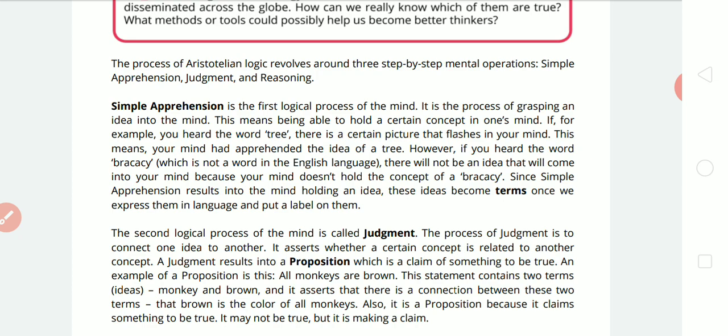Now, simple apprehension here is defined as the first logical process of the mind. It is the process of grasping an idea into the mind. So this means being able to hold a certain concept in one's mind. In other words, simple apprehension is the act of perceiving an object intellectually without affirming or denying anything